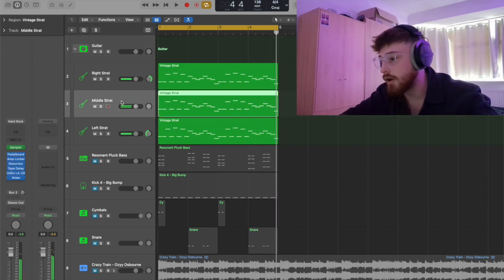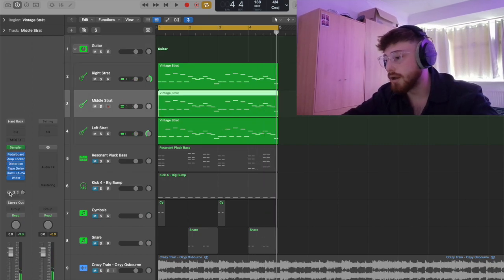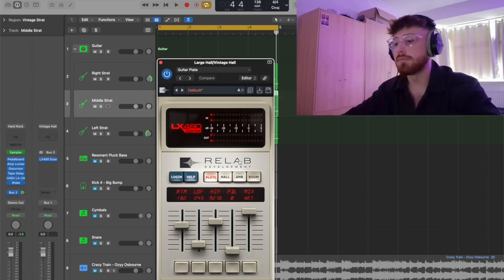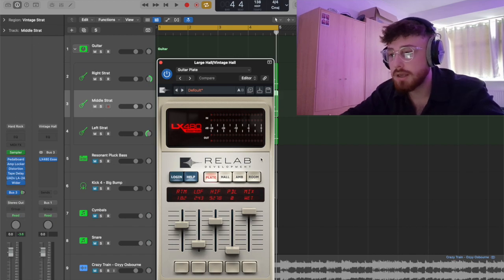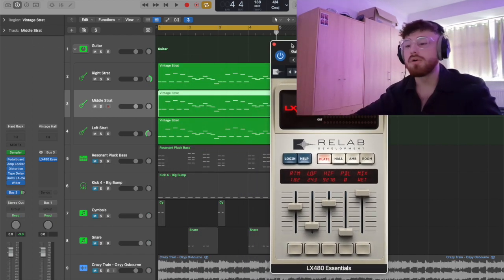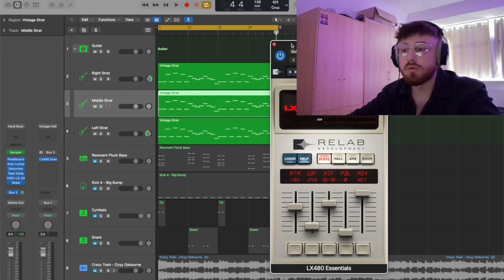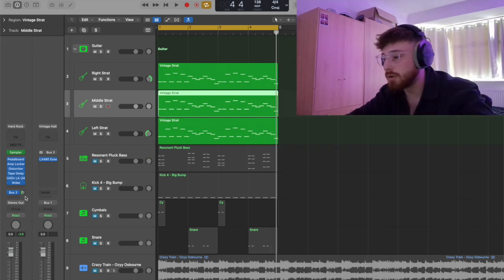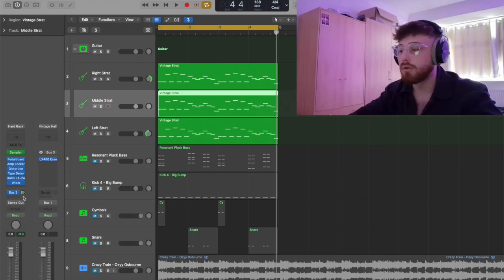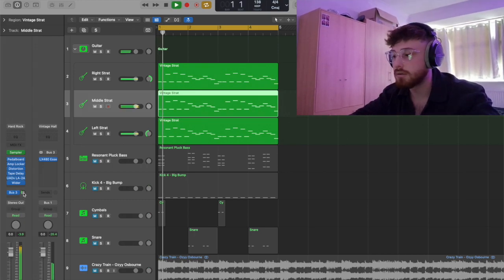And then lastly, I've got the middle Strat sent to a bus with a little bit of reverb on. I'm using the Relab Development XL480. I feel like this is quite a vintage reverb, and I also just think it is great for a plate, but I'm not pushing it too much, because I don't want to overpower it and mask a load of frequencies. So